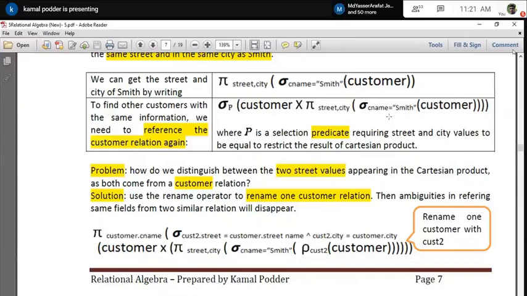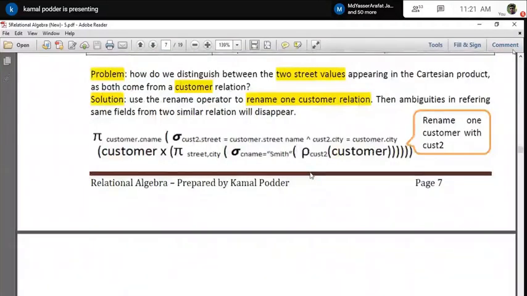Just see here. Customer Smith, I am doing, then finding the set of this and doing this. Okay, just see this.